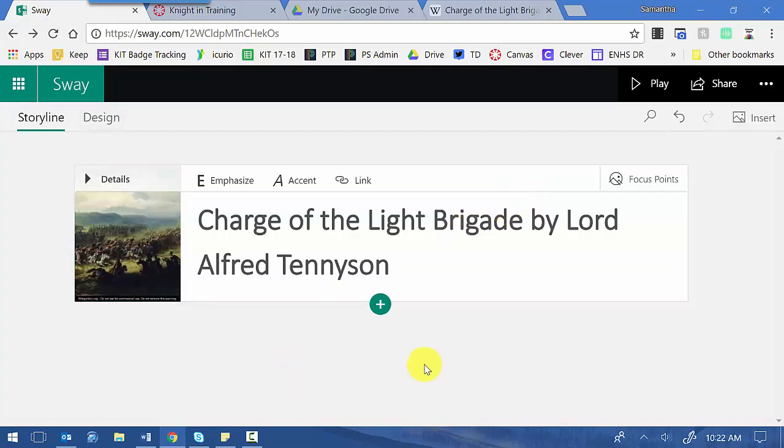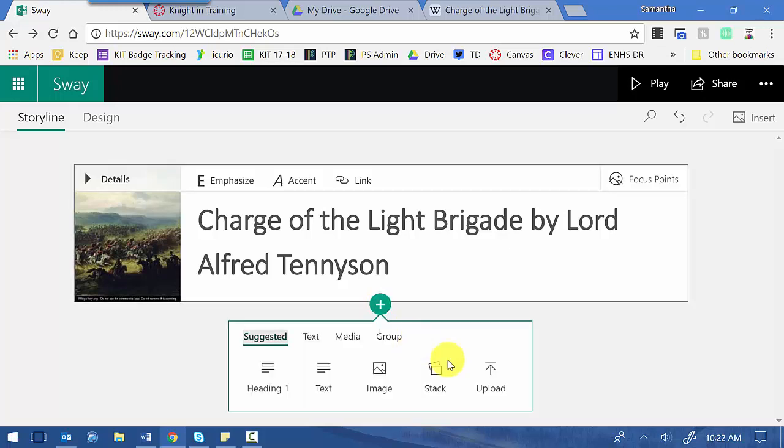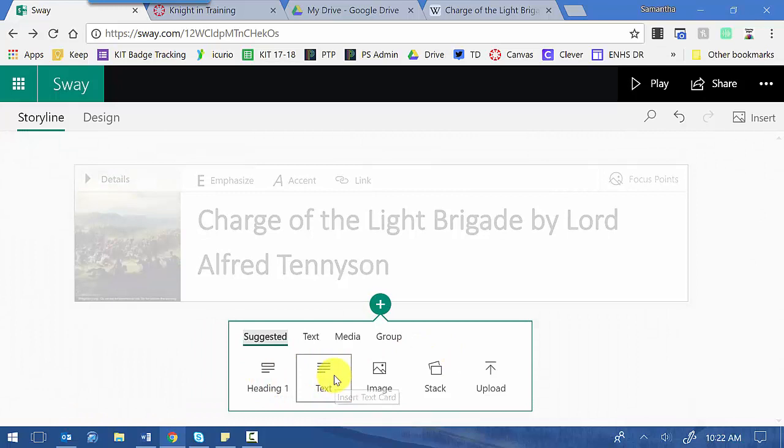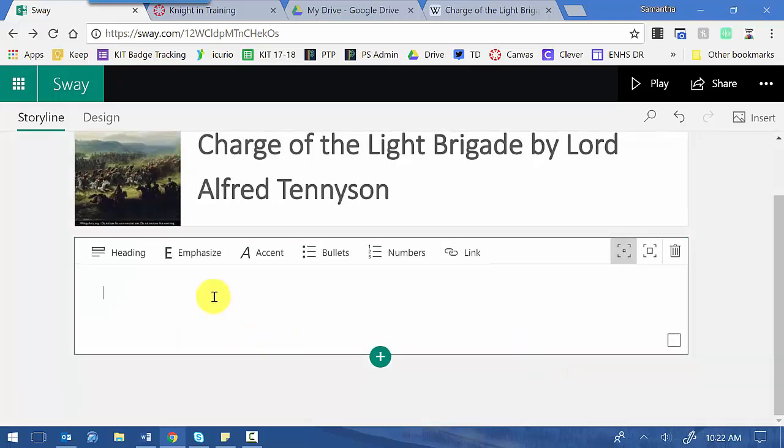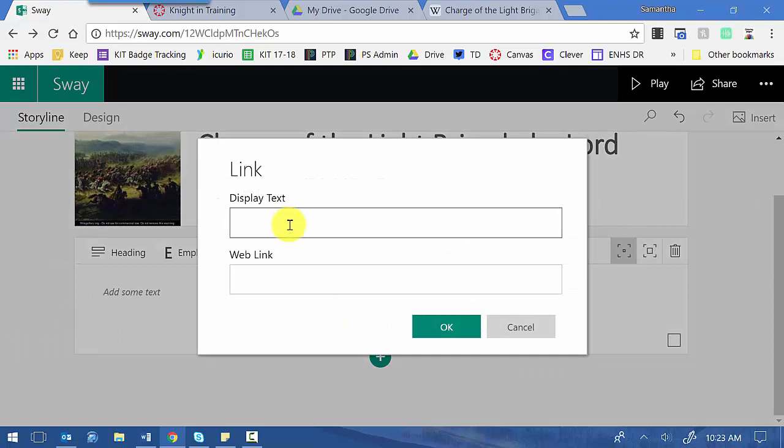Okay, so I'm going to start adding content. To add content, I would add another card, and to add another card, I click on this plus right here. So I'm going to add some text. And I decided for this text I'm going to just include a link to a Wikipedia article that gives the background of what is the Charge of the Light Brigade, because knowing the background really would help readers understand the poem better. So I'm going to create a hyperlink,